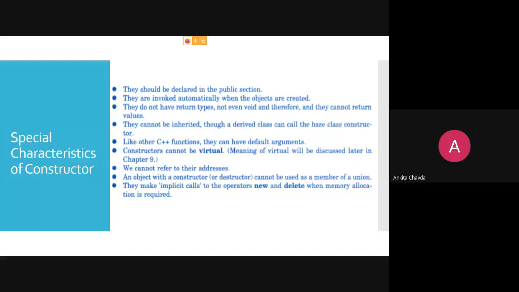That is why they are creating dynamic memory allocation. By just a constructor call, the new keyword is implicitly associated with it. That is why they are creating actual physical memory space. Otherwise, how could they do this by just creating the object,